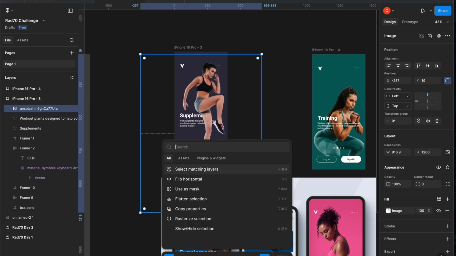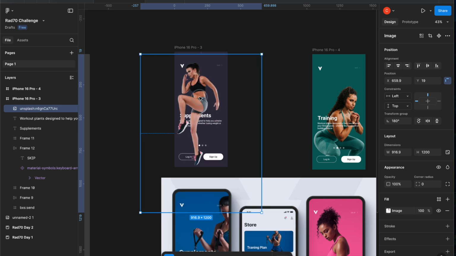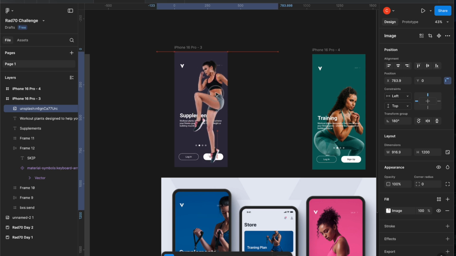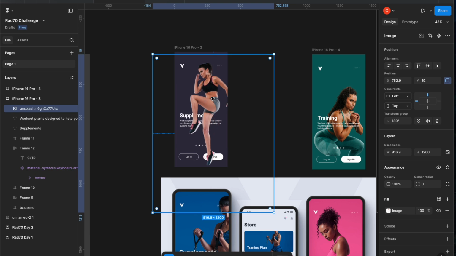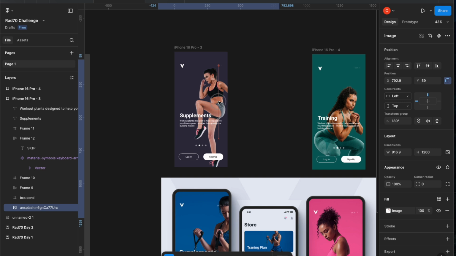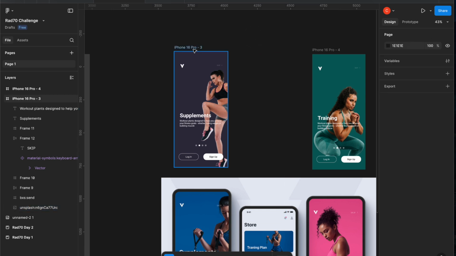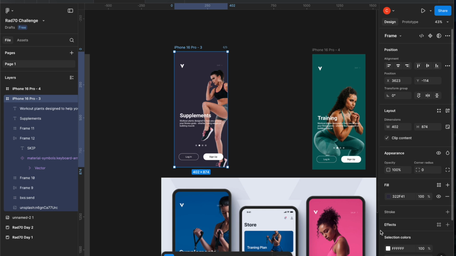I feel like there's a button for this. Here we go. And then for our color,